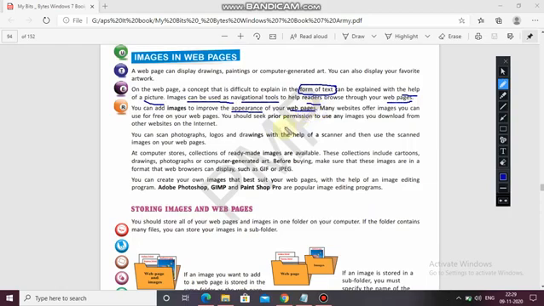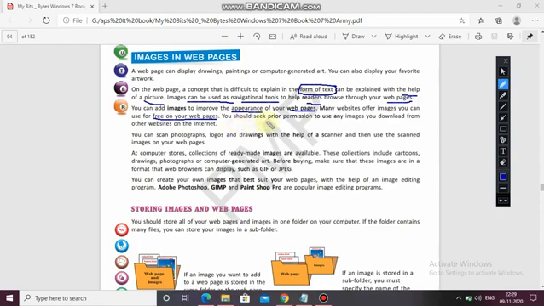Many websites offer images you can use for free on your web pages, like some of the websites which are providing free images which you can copy and download to your desktop, and then afterwards you can save them in your web page.